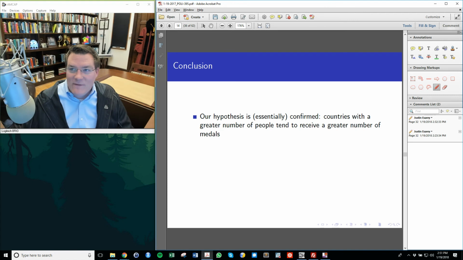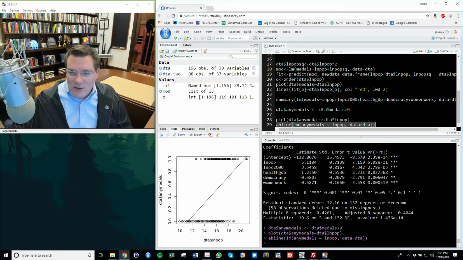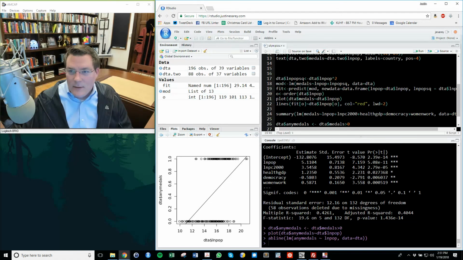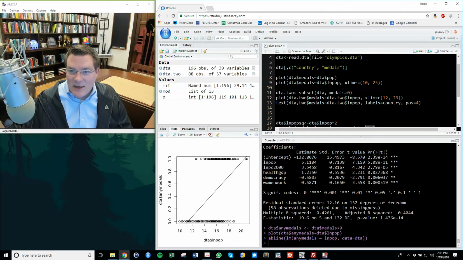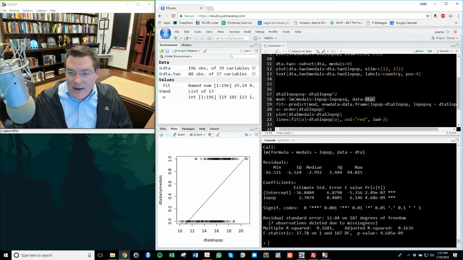As we mentioned with falsification, we never really confirm hypotheses. We only fail to reject them. Statistically, we found there is a positive relationship between the number of medals and population. If you look at a linear regression, actually, if we even just do a basic linear regression and then a summary of that, you'll see there is a positive relationship.